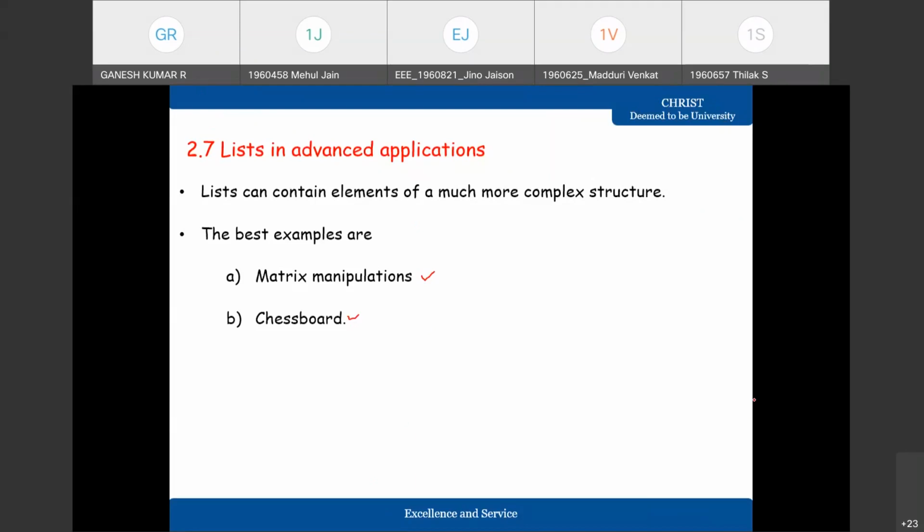It's an array of elements. Good, right. A collection of rows and columns. Very good. So we have two responses from Mehul and De Silva. Yes. A collection of rows and columns. Right. A set of numbers arranged in rows and columns.